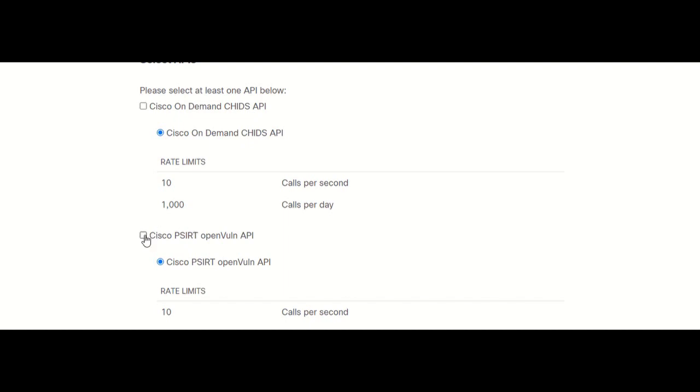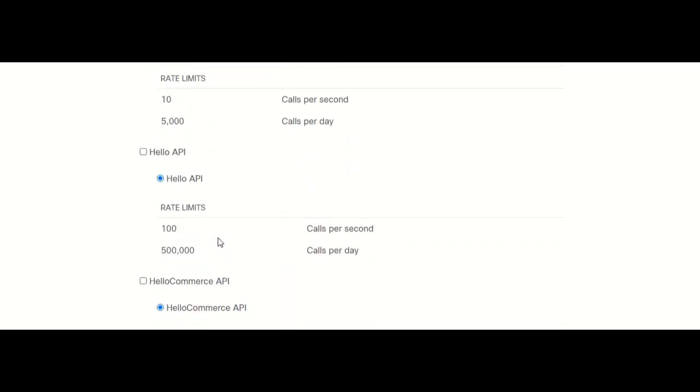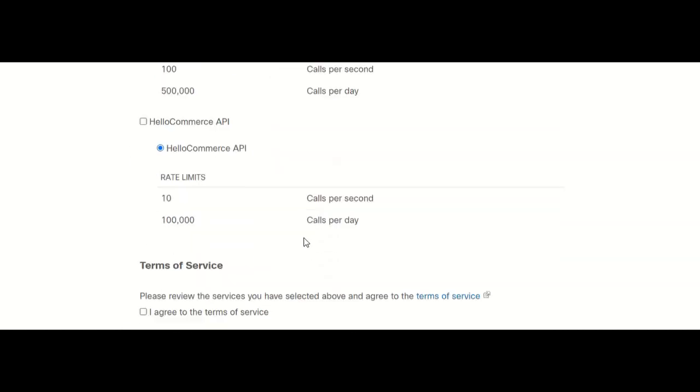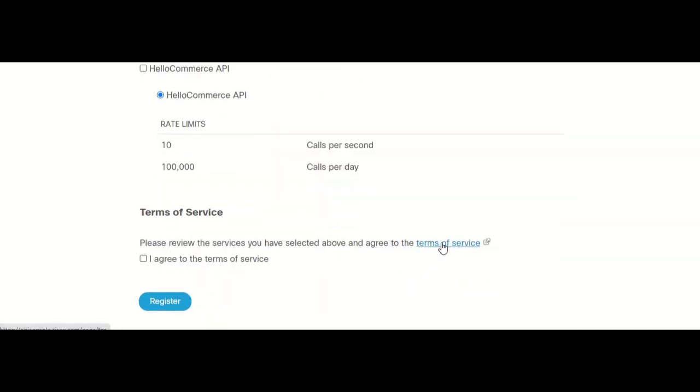Cisco PSIRT, or Product Security Incident Response Team, Open Vulnerability API is a RESTful API that allows customers to obtain Cisco vulnerability information in different formats, let it be XML or JSON. So we need this one. We have something like Hello API or Hello Commerce API for testing. We'll leave it there. You can read through the terms and services and click register.